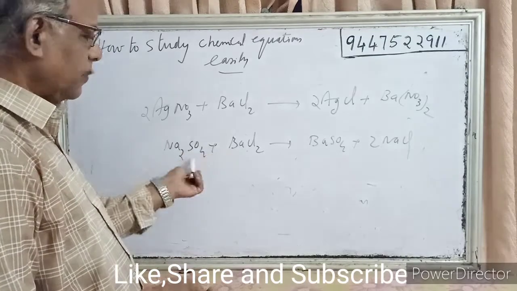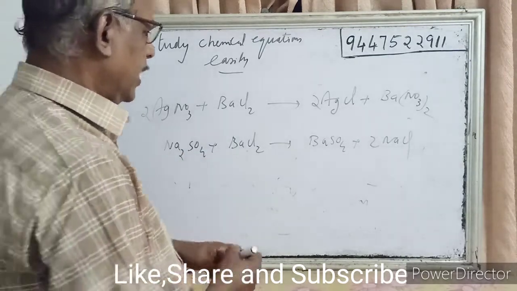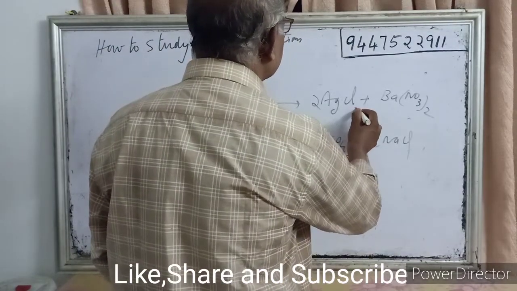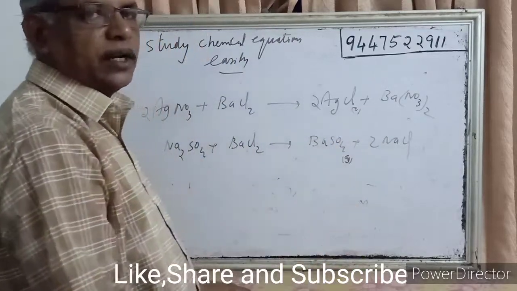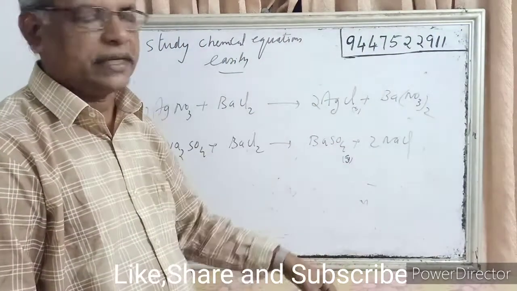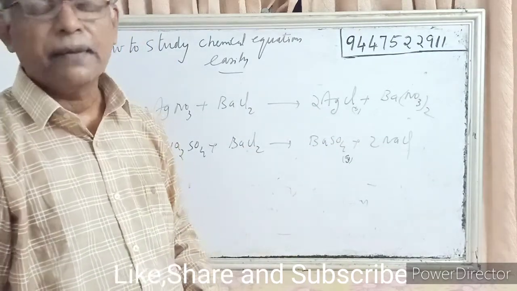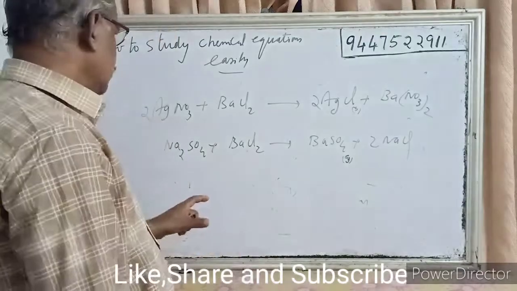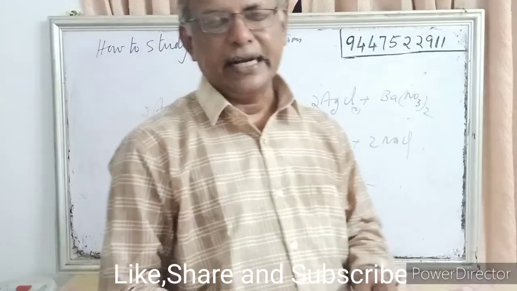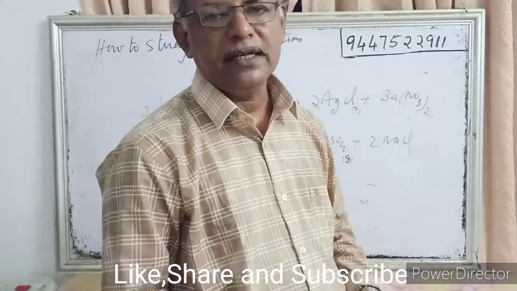Here there will be exchange of ions between the reactants to give the products. These products are solid and insoluble. Since they are insoluble, this reaction is called a precipitation reaction. They form a precipitate. Barium sulfate is precipitated, it is insoluble. Such reactions are called precipitation reactions. So these are the four types of chemical reactions: combination reaction, decomposition reaction, displacement reaction, and double displacement reaction.